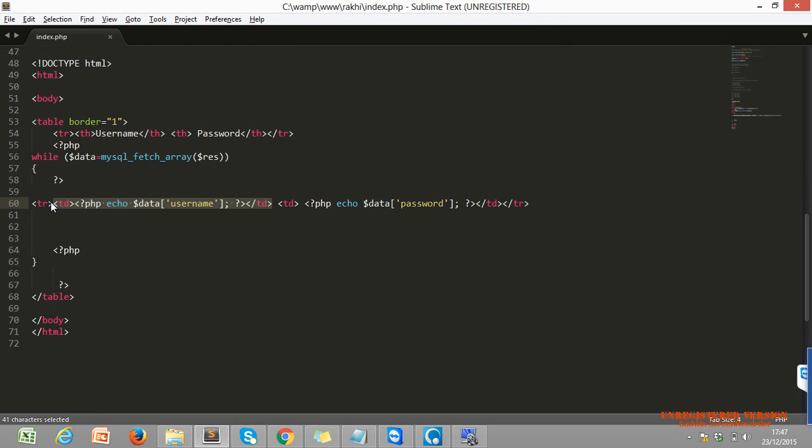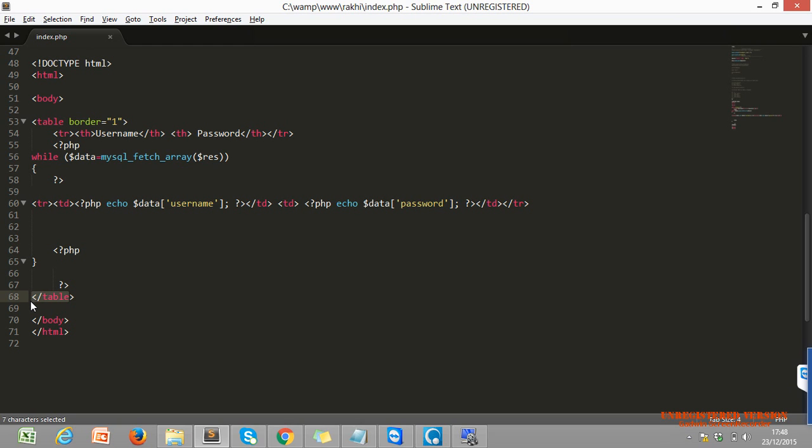We will use these tags within the tr tag. Tr means table row. And this is the table tag: table tag start, table tag end. Is there any confusion in the table tag, Rakhi?